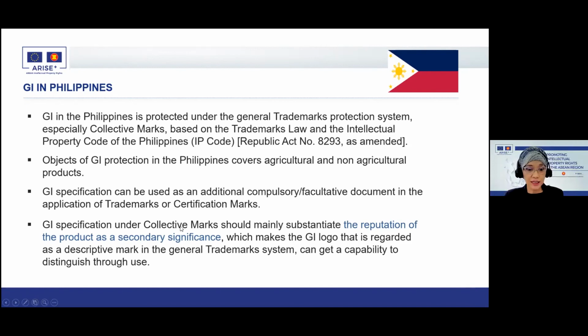GI specification under collective marks should mainly substantiate the reputation of the product. Okay, so the reputation should be clearly substantiated in the specification